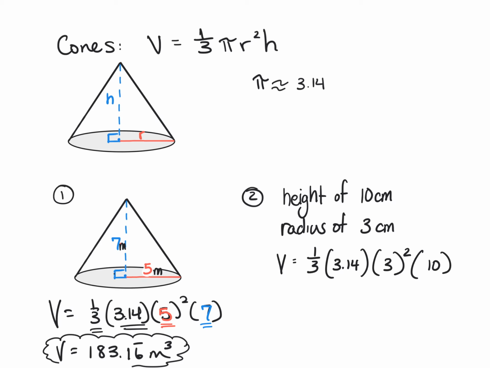And then I'm simply going to type this entire thing right into my calculator and then hit enter. Depending on what type of calculator you have depends on how you write a fraction in. But either way, you can literally type everything as you see it directly into your calculator and hit enter. And when you do that, you get 94.2. So you get this volume of